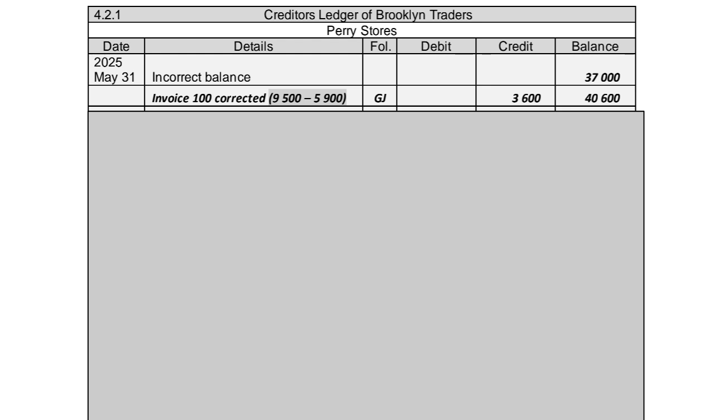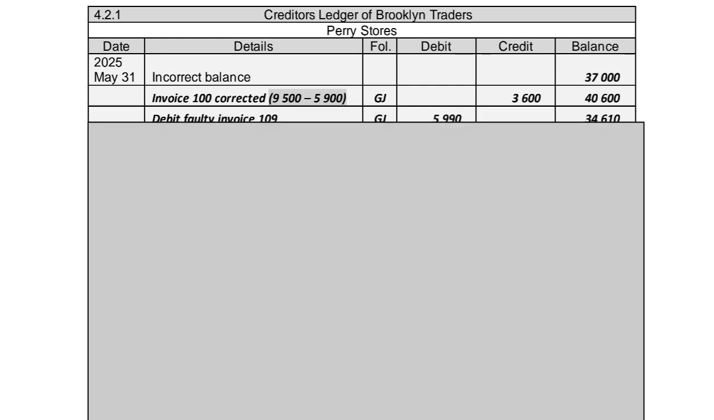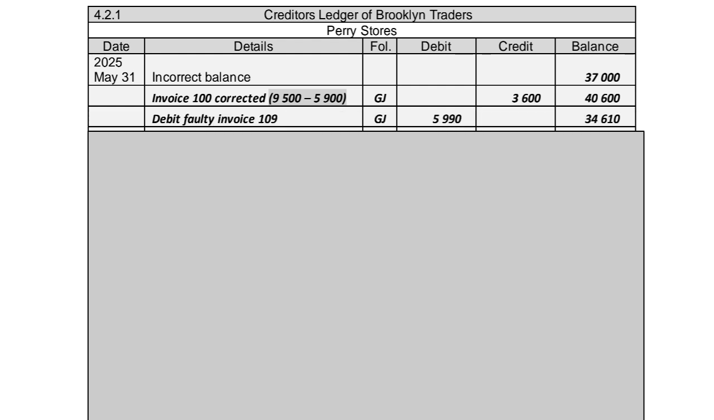Then invoice 109 on 23 May 2025 was an error by Brooklyn Traders in the creditors ledger. The goods were not purchased from Perry Stores. So we need to debit the creditors ledger. So we're going to say debit faulty invoice 109 in the debit column 5,990. So our new balance will be 40,600 minus 5,990 to give you